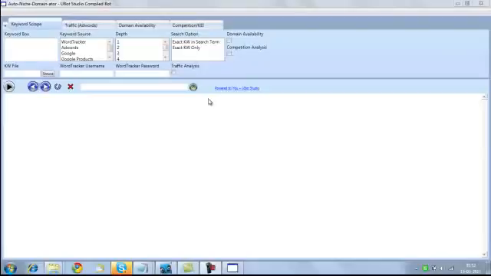Auto Niche Dominator finds you a very comprehensive keyword research report for your root keywords. Suppose you enter one very basic keyword, let's say iPhone, and it will find all the keywords that are related to iPhone. Then it will go to Google AdWords and find you the traffic on those keywords.